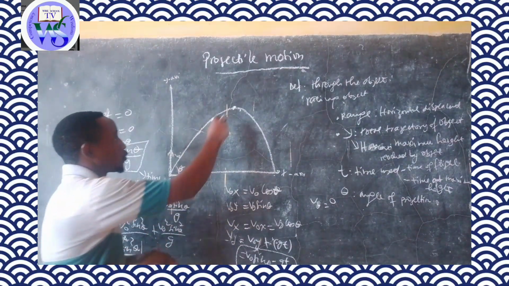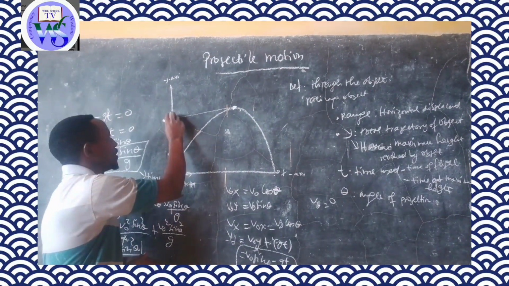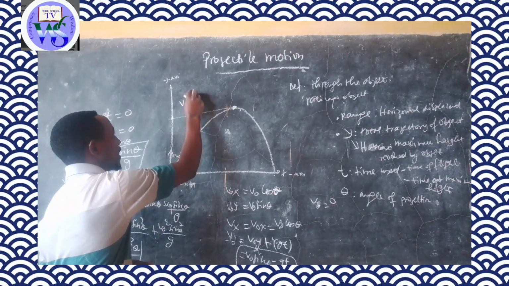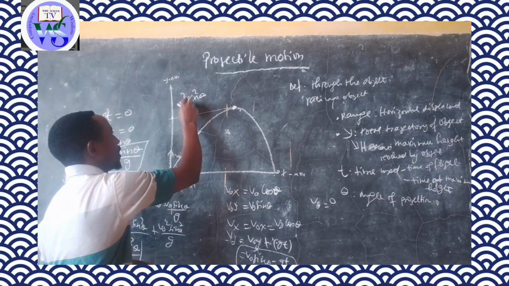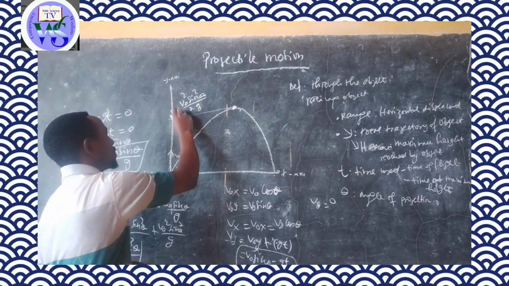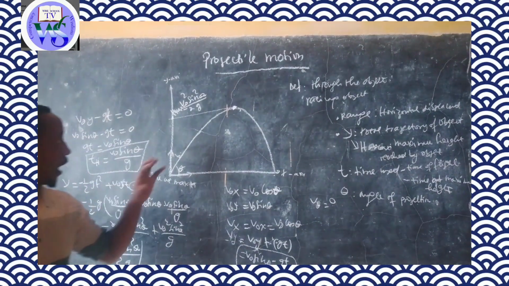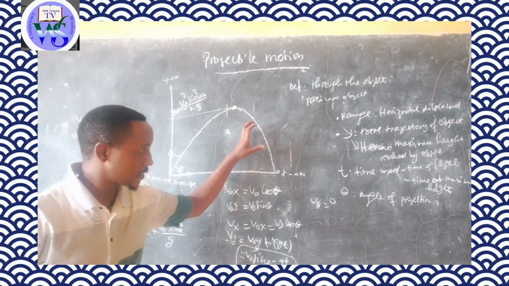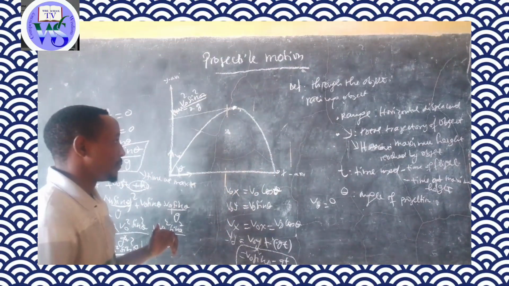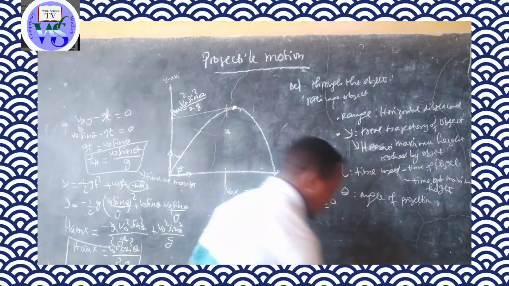It means that to obtain this maximum height, we use v0 squared sine squared of theta divided by 2g. So this is called h max. After h max, there is also a certain range. Before we understand the range, let's discuss